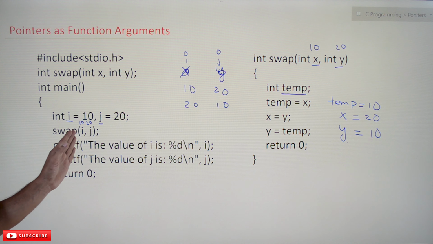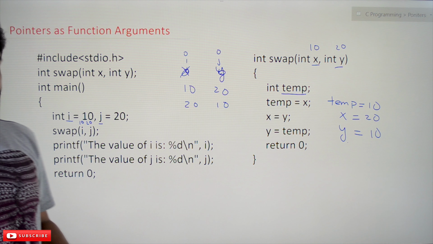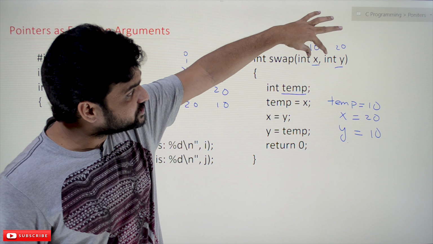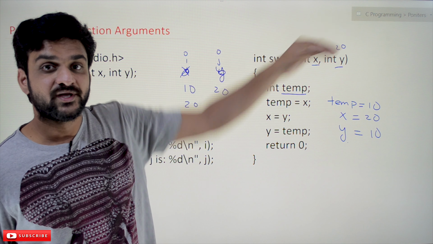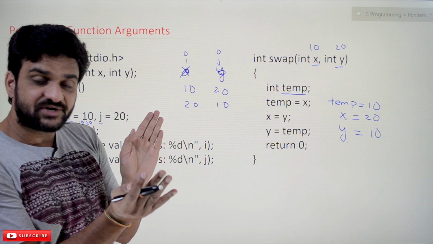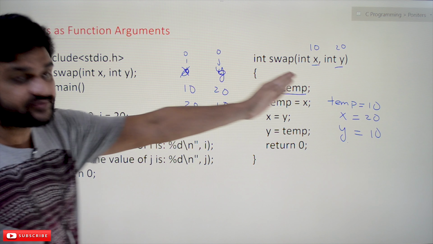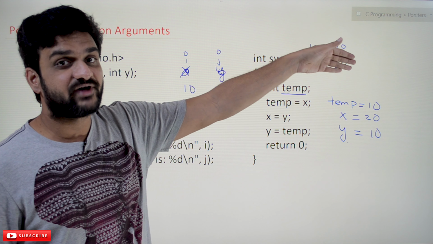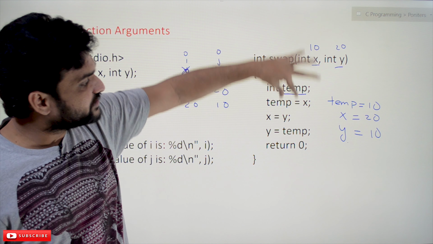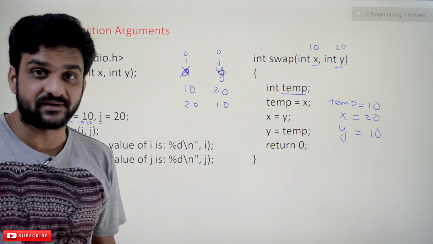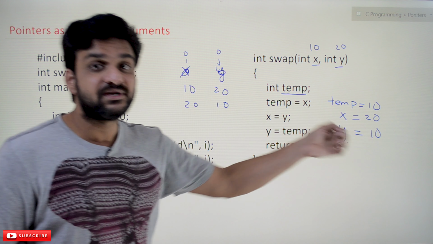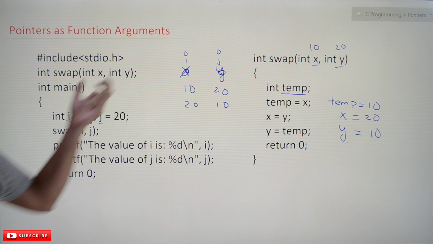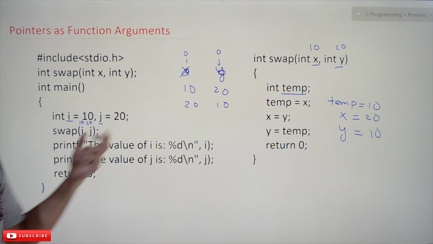because here we are passing the values of i and j, and those values are assigned to other variables called x and y. So we are breaking the connection between the main function call and the function, because the values of i and j have been assigned to x and y. Now we use these values of x and y to do the swapping. The swapping of x and y can be done, but i and j cannot be swapped if we pass the arguments as values.